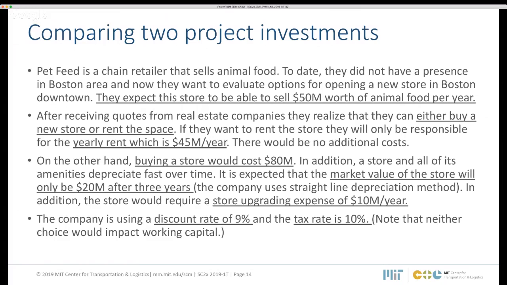Okay. And as you would have guessed reading through this question, this is a question that's heading towards NPV. So what we need to do is to figure out the values of both these options, and then identify which option has the largest value.